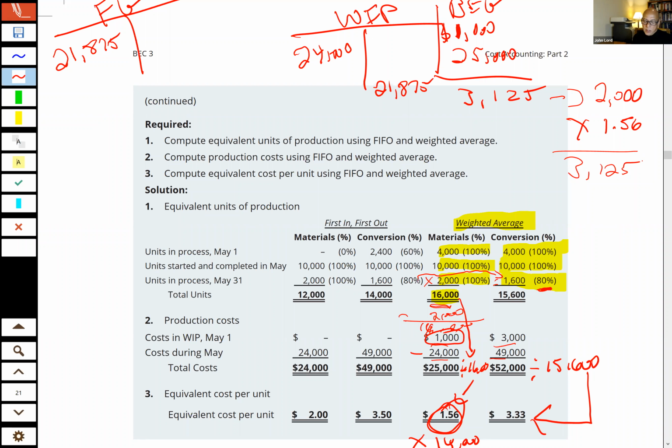So the ending balance in the work in process, you might get a question and say, well, what would be the ending balance in work in process? And it would be those 2,000 units times the cost per unit on an equivalent unit basis. But it kind of, in reality, comes along for the ride, doesn't it? After you figure out what the costs are that were transferred out.